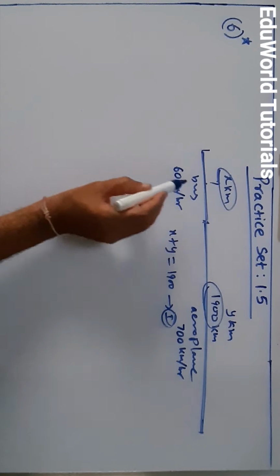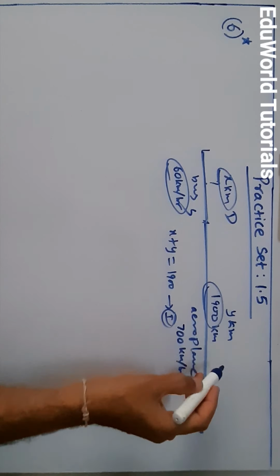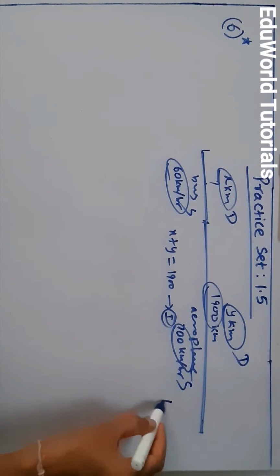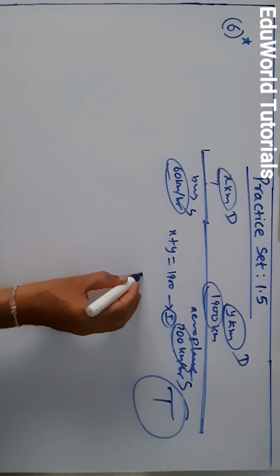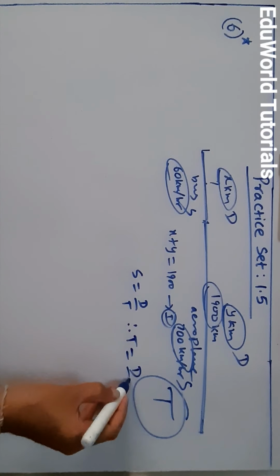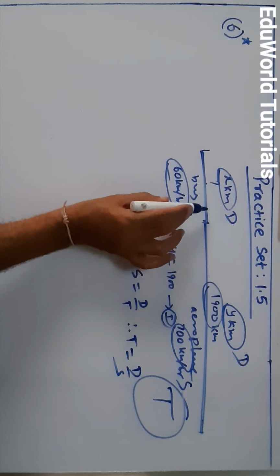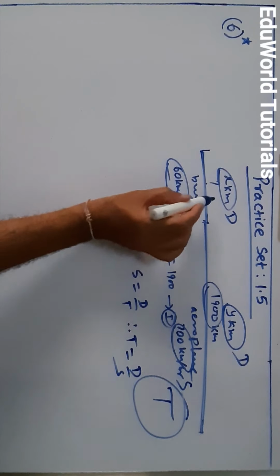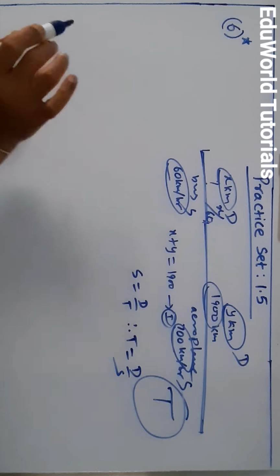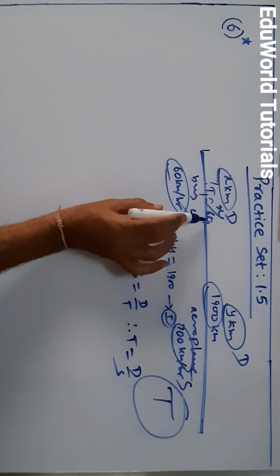Now remember, when you have distance and when you have speed, you can get time. You know the formula, speed is equal to distance upon time. So how to get the time? The time formula will be distance upon speed. So the time taken by Vishal to travel by bus is distance x upon speed 60, that is x upon 60. This is the time taken, T1, by Vishal to travel by bus.